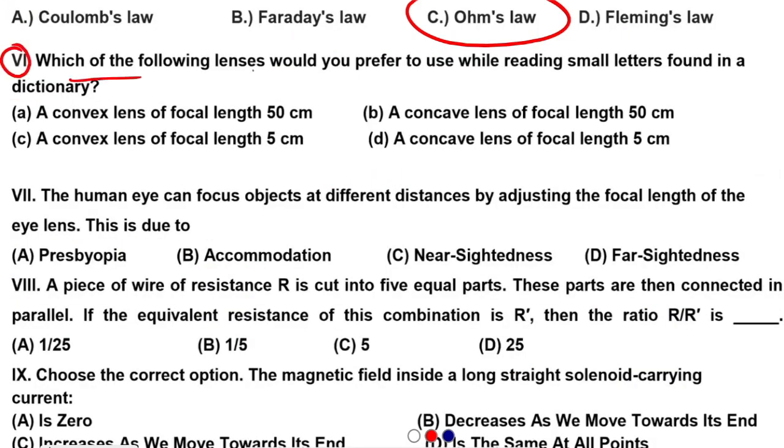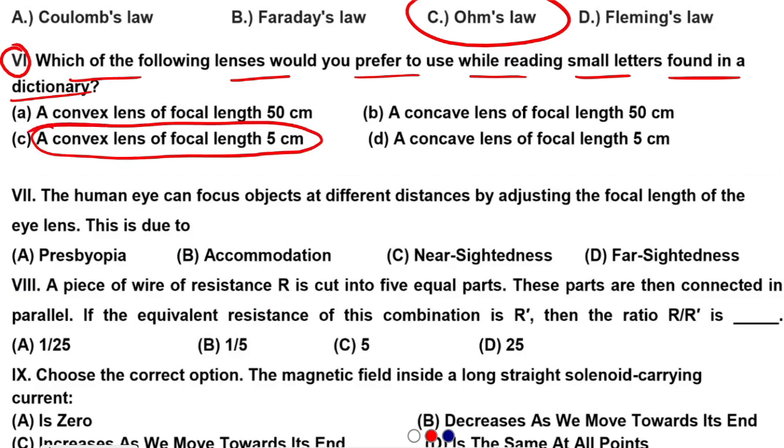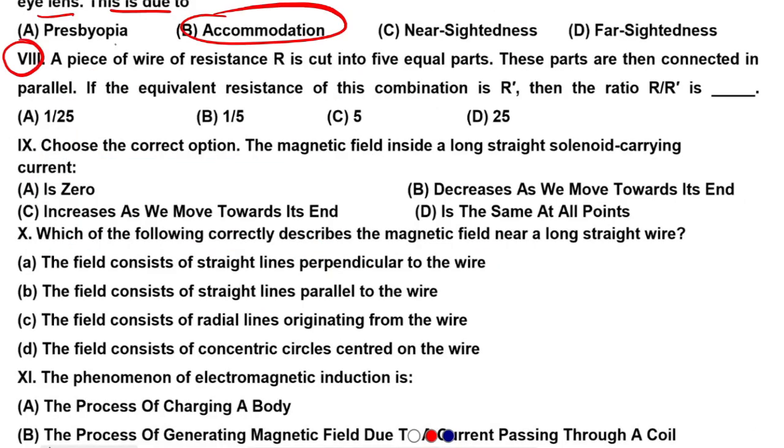Next, which of the following lenses would you prefer to use while reading small letters found in a dictionary? A convex lens of focal length 5 cm. Next, the human eye can focus objects at different distances by adjusting the focal length of the eye lens. This is due to accommodation. Next, a piece of wire of resistance R is cut into 5 equal parts. These parts are then connected in parallel. If the equivalent resistance of this combination is R', then the ratio R upon R' is